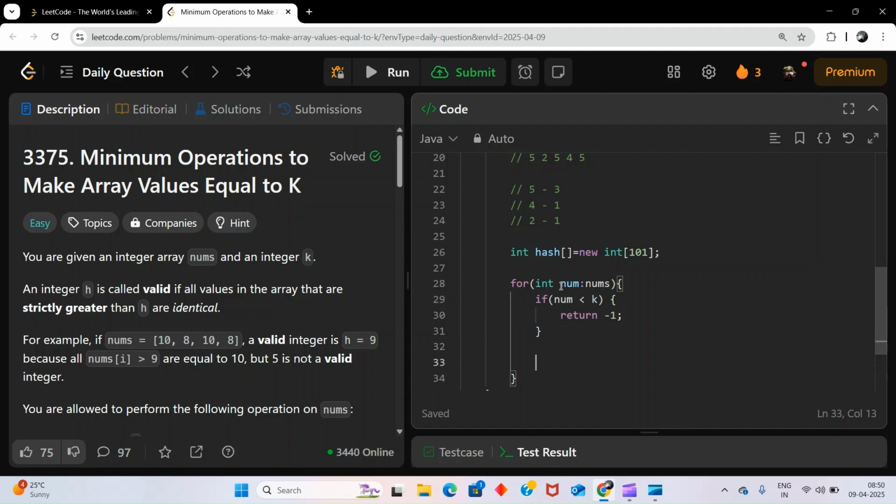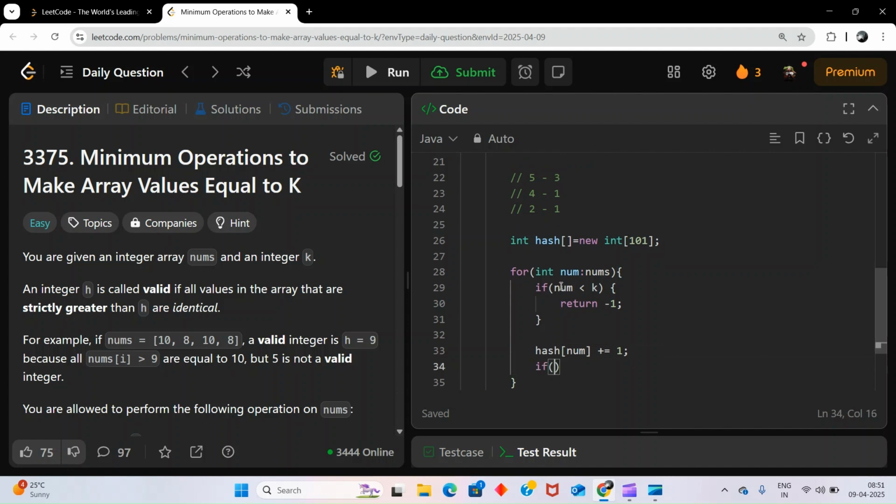then I will return -1. Next, we got our hash, we have to increment it. So hash of num plus equal to 1.